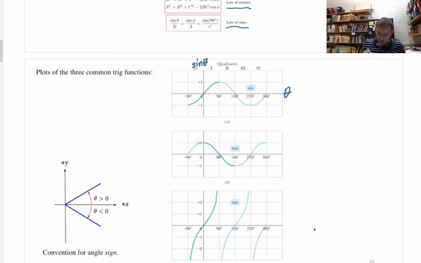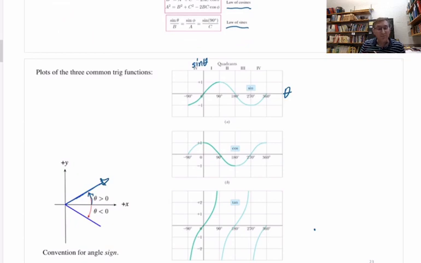Look at the picture down here in the lower left. I've drawn an xy coordinate system, and I've just drawn a line coming out from the origin. You could think of that as being the direction of a vector. I could even put a little arrowhead on it. Then the direction of that vector would be denoted by the angle theta between that vector and the plus x-axis. Okay, now for the first vector I've drawn, the one in the first quadrant, you naturally go from the plus x-axis and you go up counterclockwise to denote your angle. By definition,